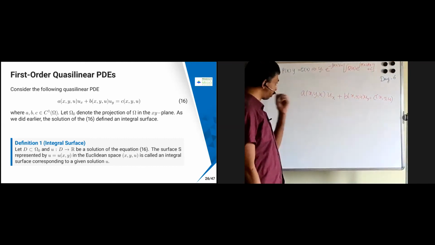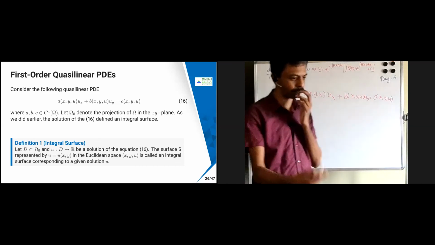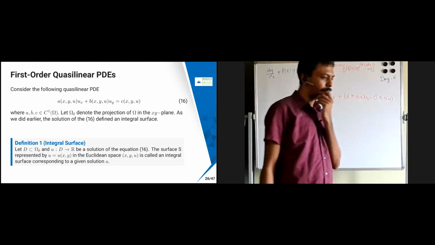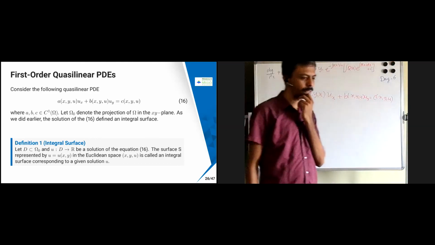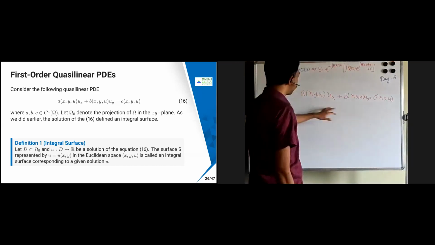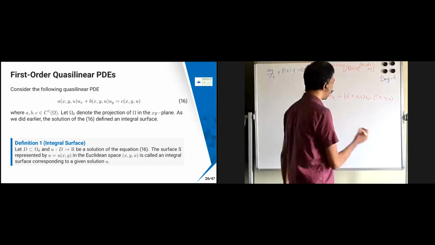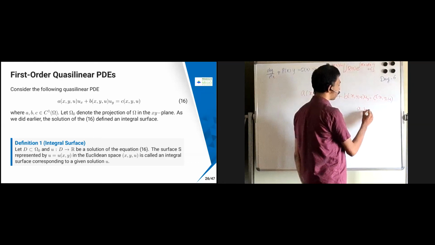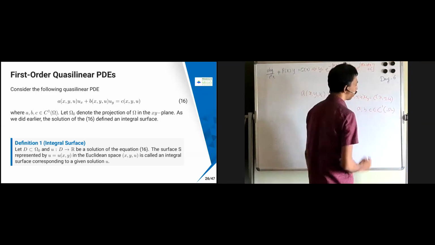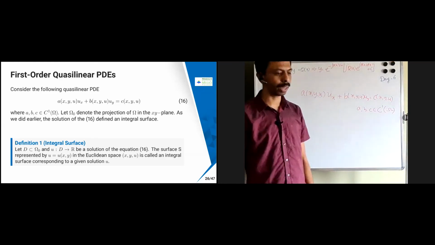Now we have to assume something, and only then can we solve that. The existence and uniqueness we will see maybe in the next class. So here what we are trying to do is find a similar kind of thing. I am just assuming A, B, C, introducing the complexity slowly, so that once we come to the existence theorem, it will not be complicated.